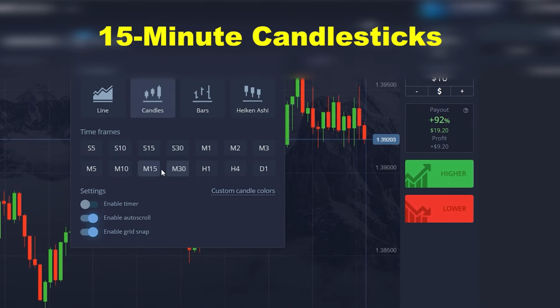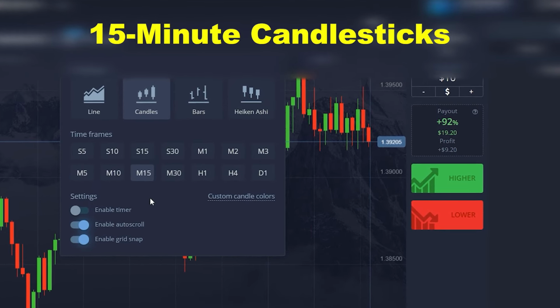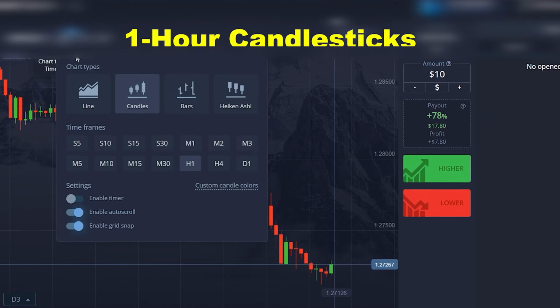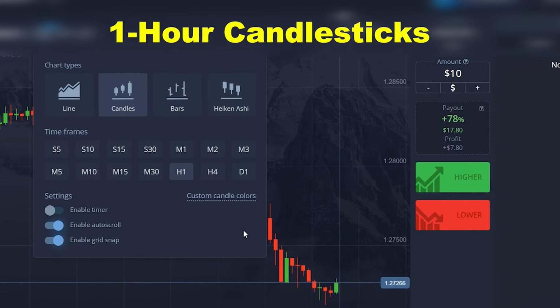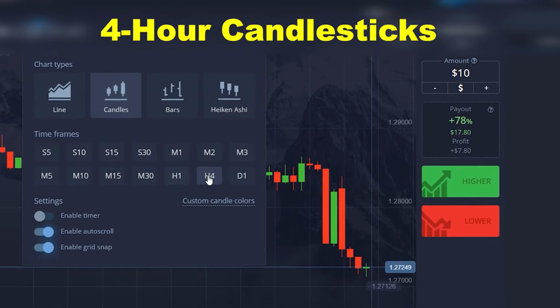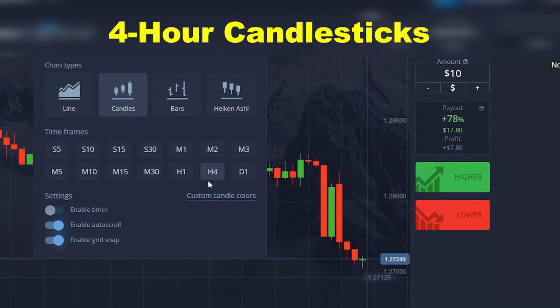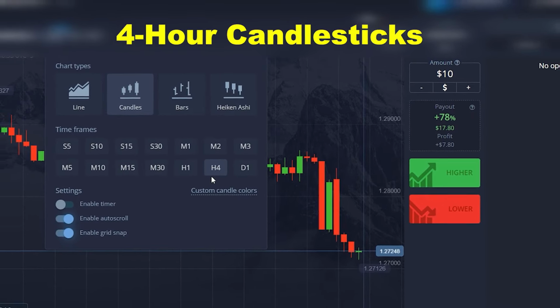The 15-minute candlestick is often used by day traders. It allows traders to identify trends and make trades within a single trading day. The 1-hour candlestick chart is suitable for intraday traders and swing traders. It helps them to spot trends that last several hours to a few days. The 4-hour candlesticks are popular among swing traders. They provide a broader view of the market and help identify trends that may last a few days to a